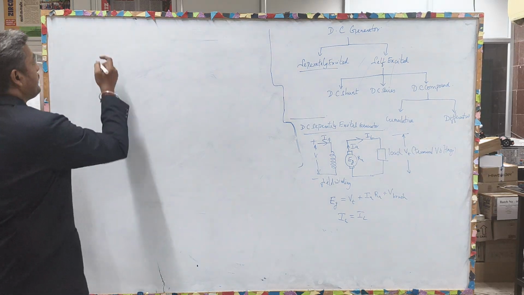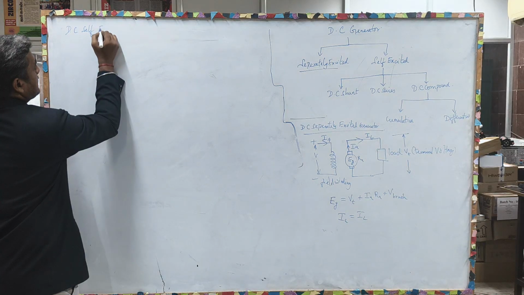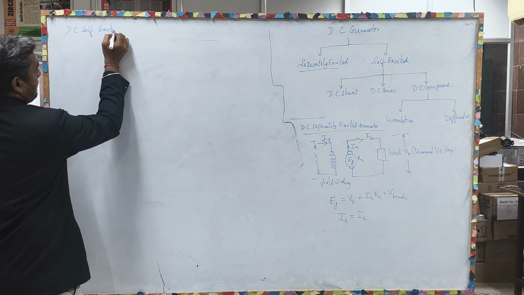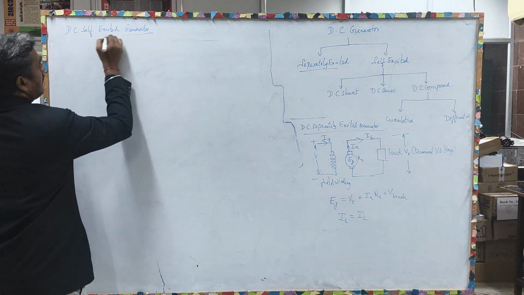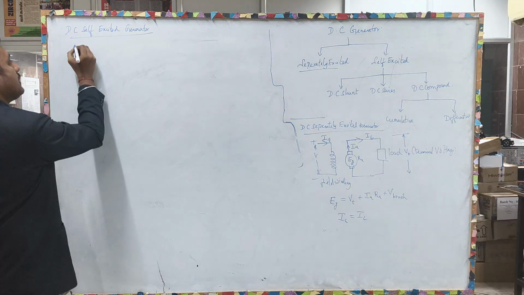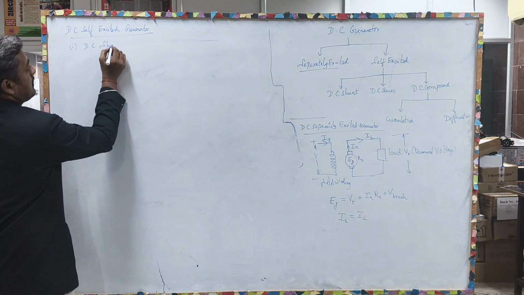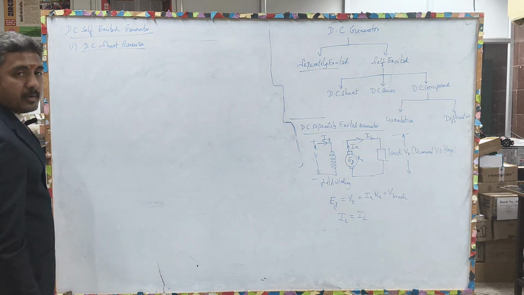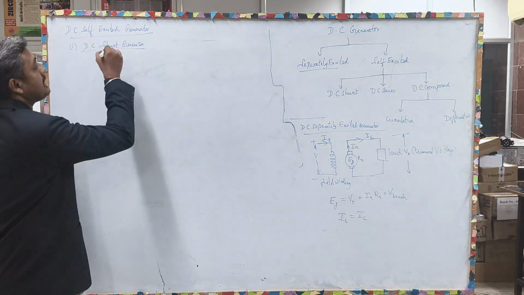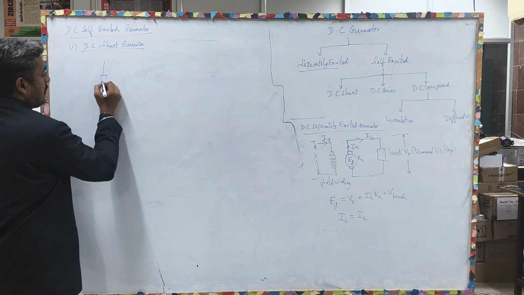Self excited machine, DC self excited generator. In a self excited generator, first one is the DC shunt generator. Okay, how we are going to draw the self excited DC shunt generator means here you will be having